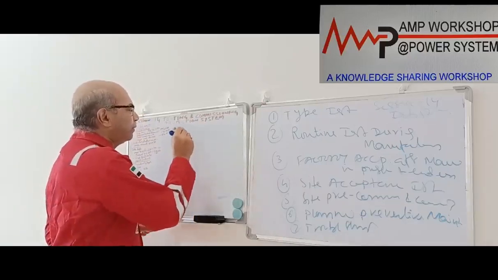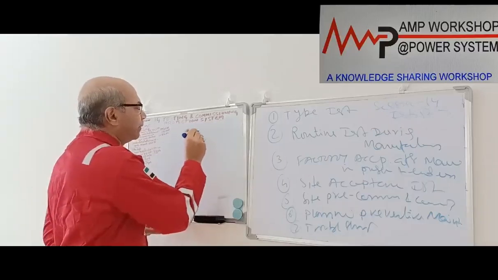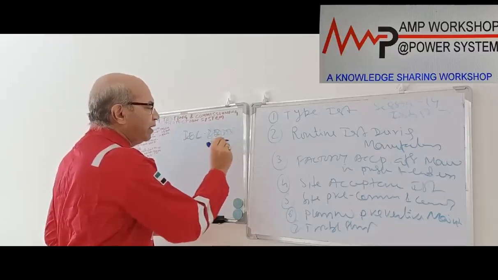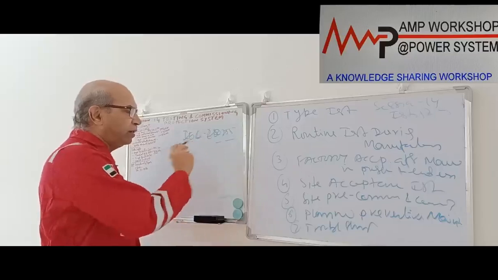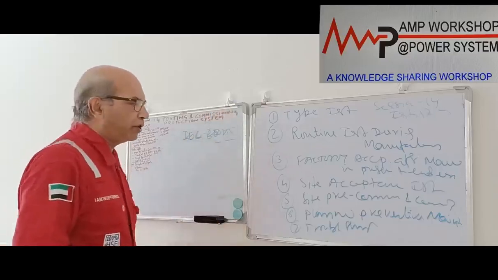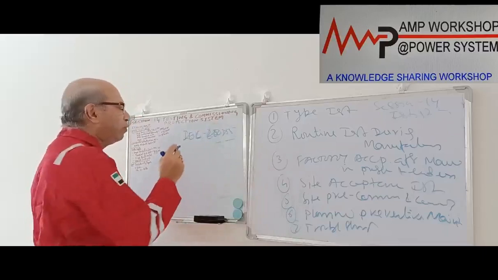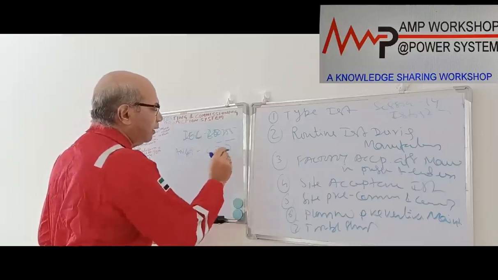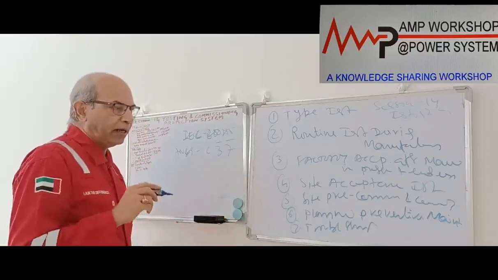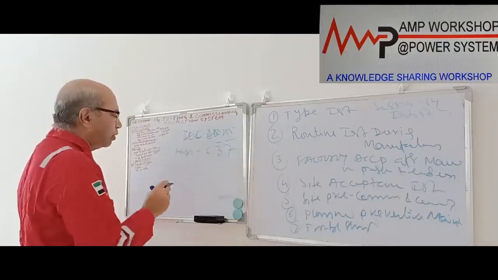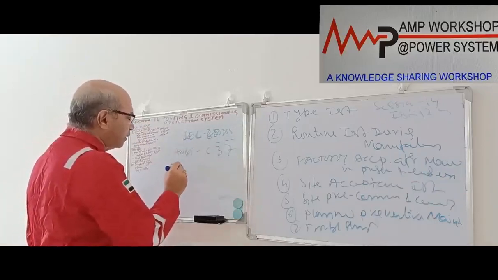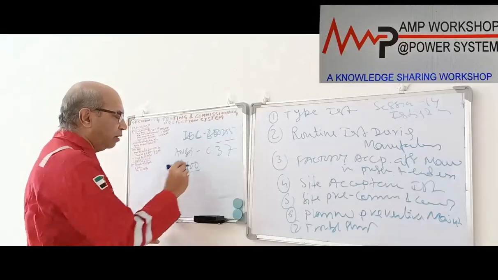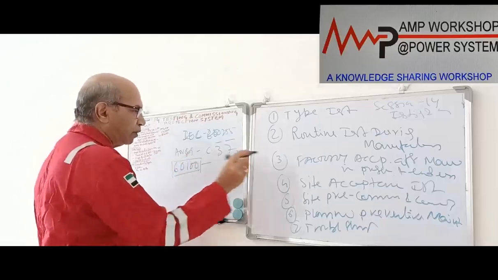One is IEC 255, or IEC 60255, and it has various parts, part 1 to part 15. So many parts are there. All the parts are related to the testing of the protection device as well as design and engineering. Then we also have the ANSI standard C37, which is for protection device testing and commissioning. In addition, for some of the testing not included here, one of the IEC standards we follow is 60100.